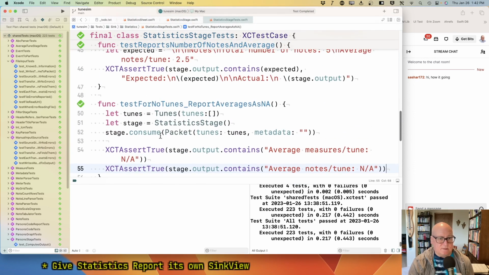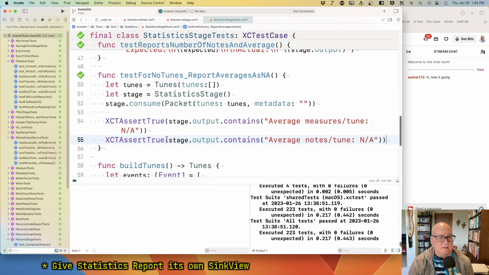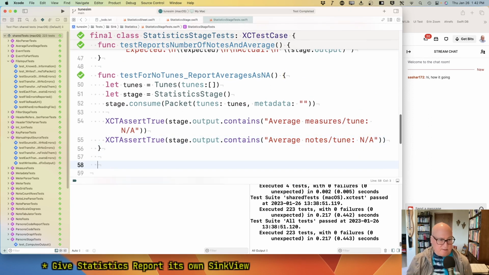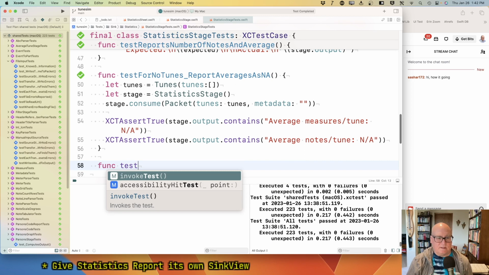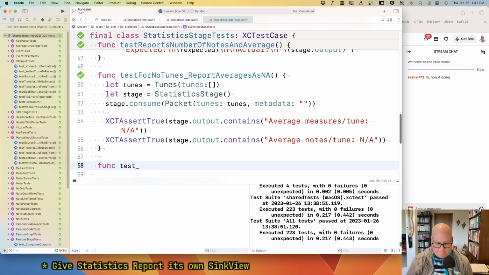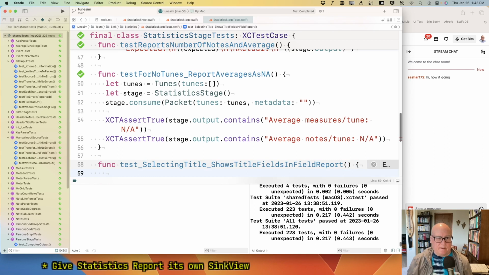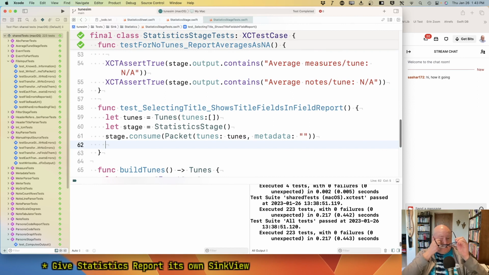And we just use this. Well, I think we can build them ourselves enough. All right, tune function test. We want to say that selecting title shows title fields in the field report. Okay, and so we'll certainly need these 3 things. Okay, and then the assert,